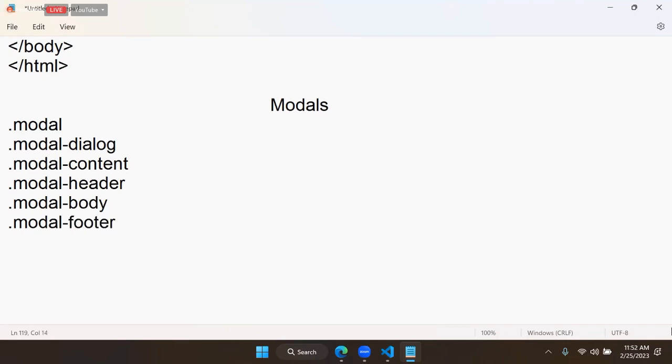Modal header, modal body, modal footer. These are very important for designing modals. But actually, modals are not displayed by default. You might have learned in